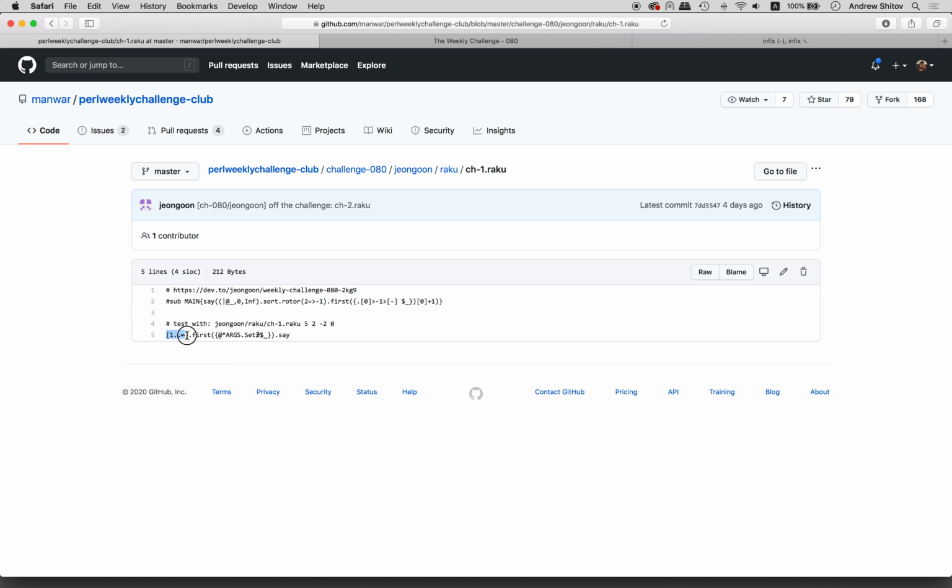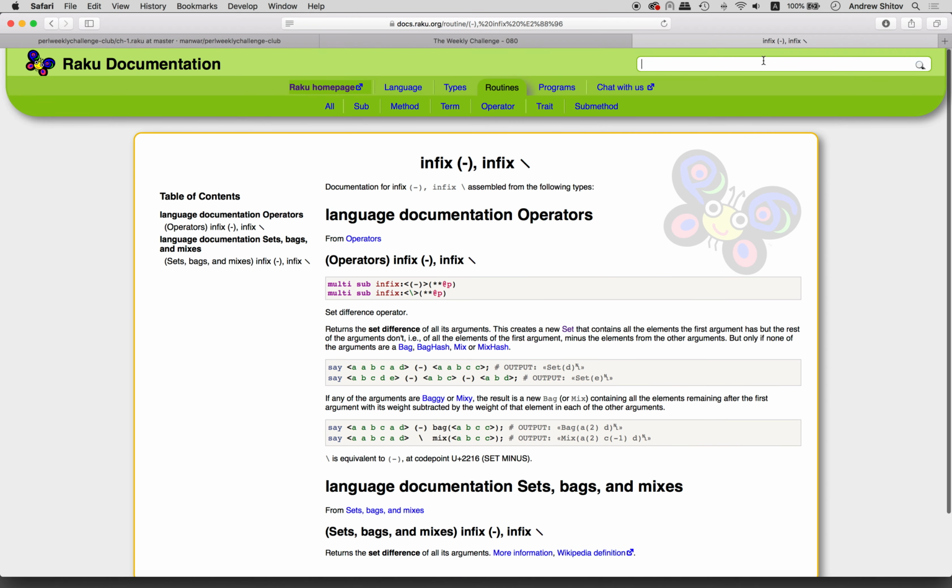So we need to scan the range, and we want to find the first element which is not in the input. We convert those input elements to a set, and that's actually already a golf solution, right? This set should not contain the element, so I will swap that: this one should go on the left, but this one should go on the right side of this operator. That operator definitely exists, and what's its